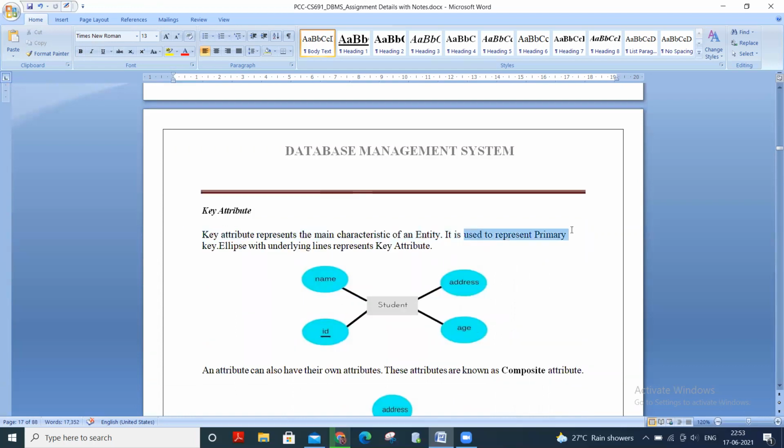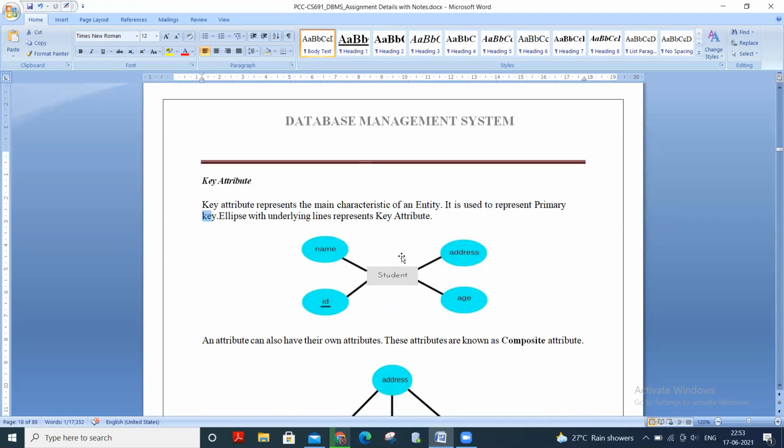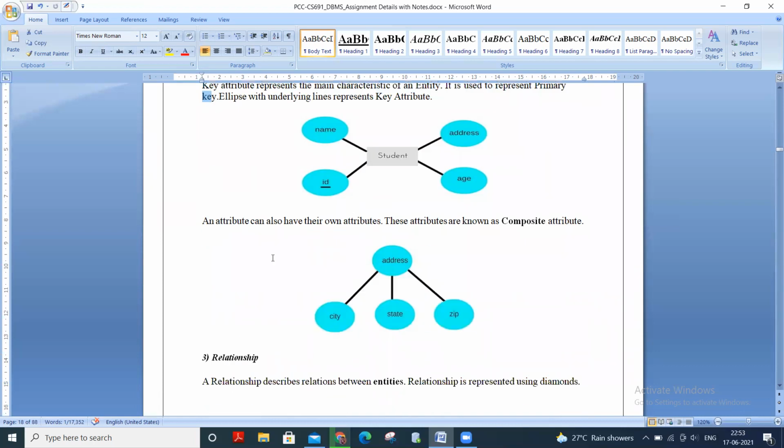An ellipse with underlined text represents the key attribute. Here, ID is the key attribute of student. An attribute can also have its own attributes. This is called a composite attribute, like address, which has city, state, and zip.